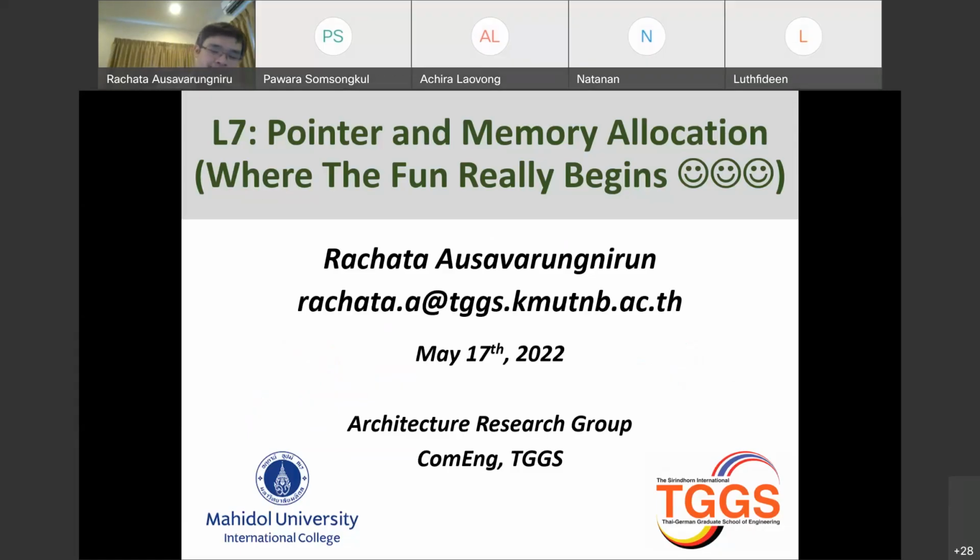Welcome back to our fun class. We are going to talk about pointers and memory allocation today. And the parenthesis is, I think, meant what it means. This is where the fun really begins. Interpret that smiley face any way you want to. All right, but